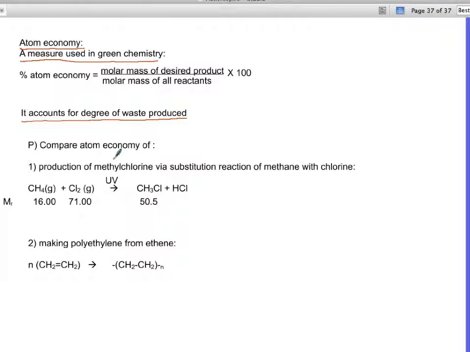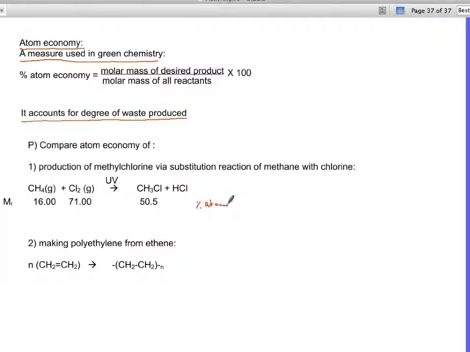For example, I have two questions related to organic. Now, the first one is saying compare the following, 1 and 2. Production of methyl chlorine, or chloromethane, by substitution of methane with chlorine, and then the second question is polyethylene from ethene. Now, this is the reaction of substitution. You have a methane, you have a halogen, you have a UV light, so it goes through some sort of free radical substitution. We're not going to worry about the mechanism, but in order to calculate this, the percent